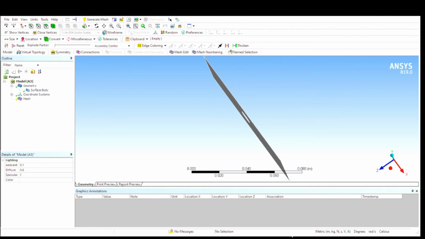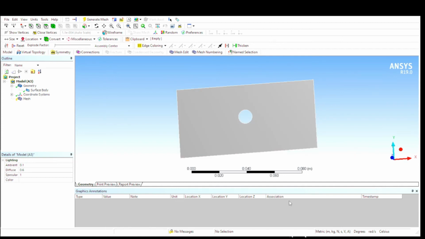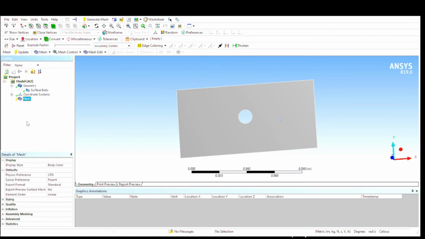In the modeling section, we need to apply the mesh. We will be having the different tools in the modeling section. On the top portion, we can see the tools for selecting the edges, tools for selecting vertices and faces. First, we will be applying only the simple meshing. Just double click on mesh, then the update option can be given, and on applying this update option, meshing is generated.